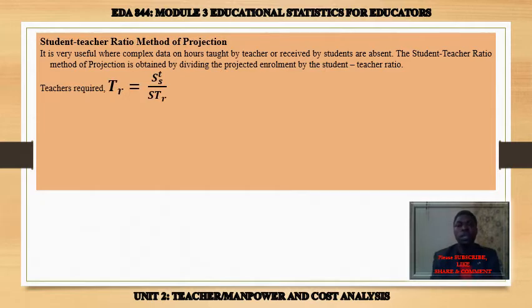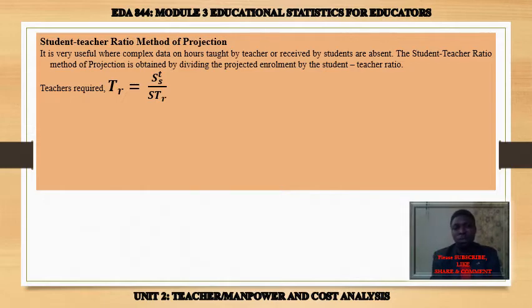If, for instance, we have the projected enrollments to be 2,000 students or pupils, and the student-teacher ratio is 20, then we are simply going to divide that 2,000